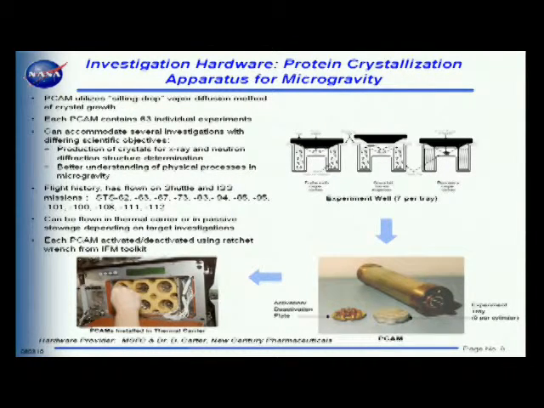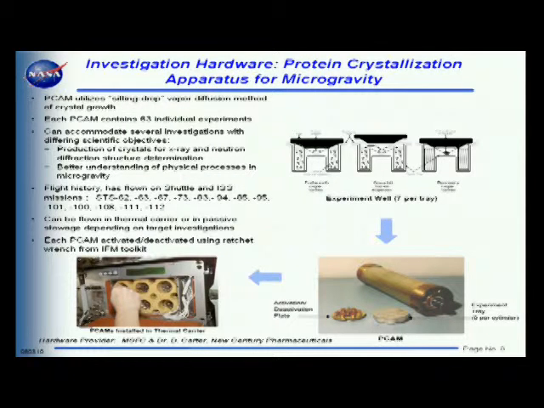Thank you. Okay, here's a few examples of some protein crystal growth hardware that is a candidate possibly to be reinstated, so to speak. The first one is the protein crystallization apparatus for microgravity. This is a sitting drop vapor diffusion method for protein crystal growth. These have flown several times on shuttle, I think on Mir and possibly on space station. But basically you have